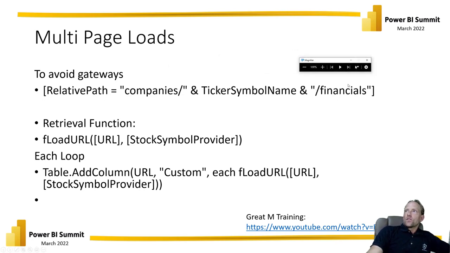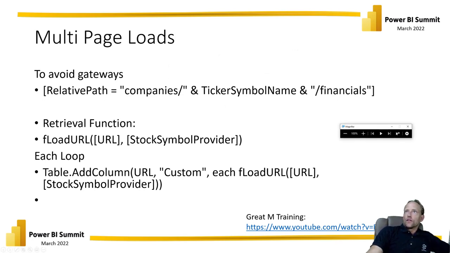If you don't do this the right way, using a relative path option where you use a syntax like this, so we have the fixed part with the companies, and then we have the variable part with what's called the ticker symbol, so the name of the company, and then the rest of the path, then this means you don't have to use a gateway when you publish it to the Power BI web. If you don't do it that way, so if you do it the out of the box way, and